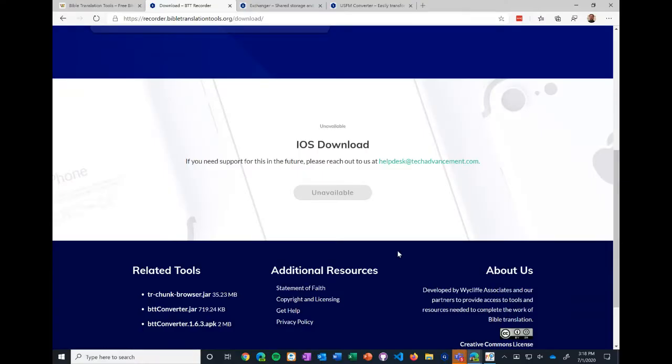Down below, that lower banner is a little bit different. We do see some of the additional resources that I pointed out on the homepage in the About Us, but we have related tools. And this is an area where we will continue to expand and refine. But in working with some of the output of Translation Recorder and BTT Recorder, there's a lot of files, and